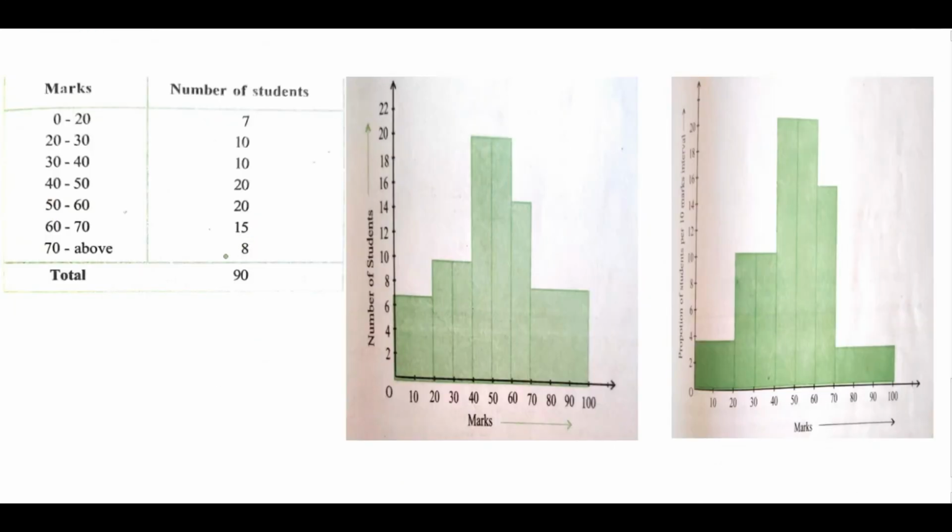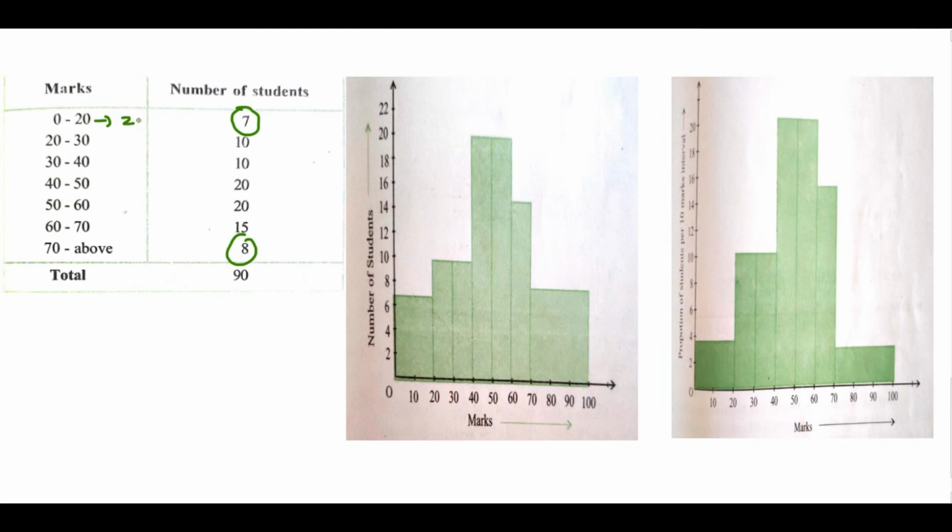Suppose I want to analyze the performance of two sections of students in a mathematics test out of 100 marks. Here you can see that very few students have got less than 20 marks, and very few students have got more than 70 marks. So the data is represented here, and this is a grouped frequency distribution table, and it is in continuous form also, but the class size is different.